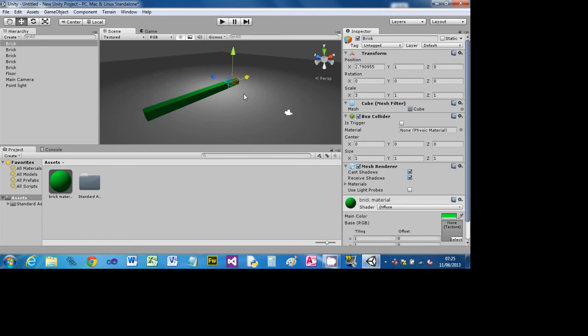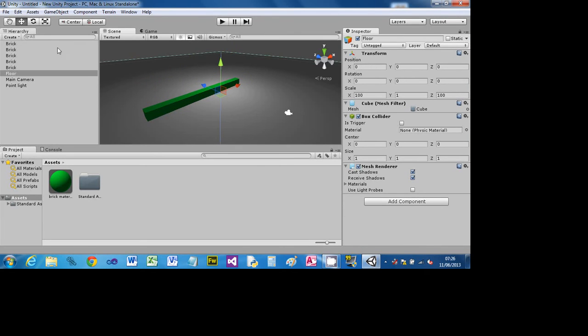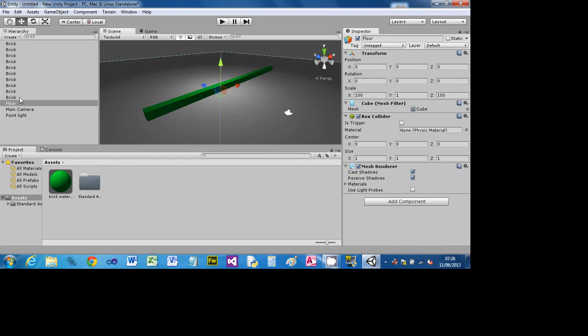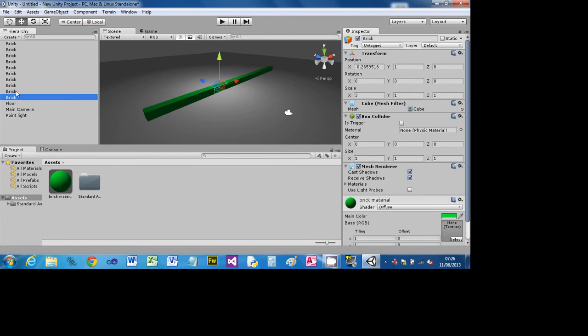Now I want 10 bricks across. So what I'm going to do is select all these bricks. I'm holding down Control in the hierarchy window and I'm just selecting all 5. Then I'm going to do Control D to copy 5 bricks. Then I'm going to hold down Control and use the red handle to drag them along in that line so they're all sat next to each other. Okay, and then I'm going to select all the bricks. So I've got an entire row of bricks now, and what I'm then going to do is copy them again,